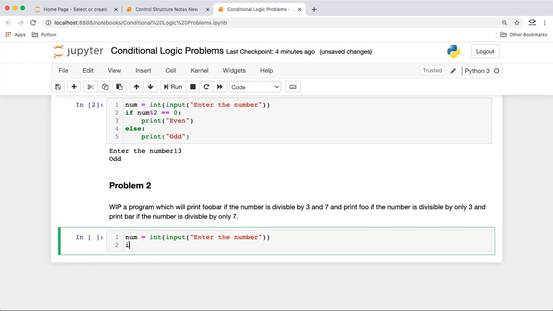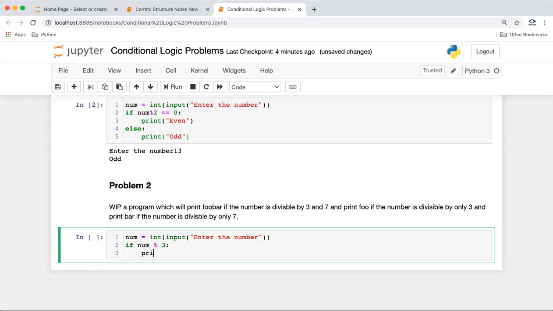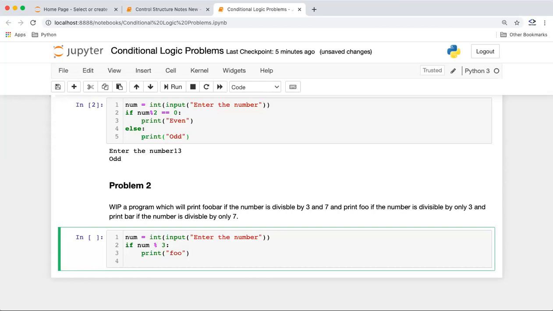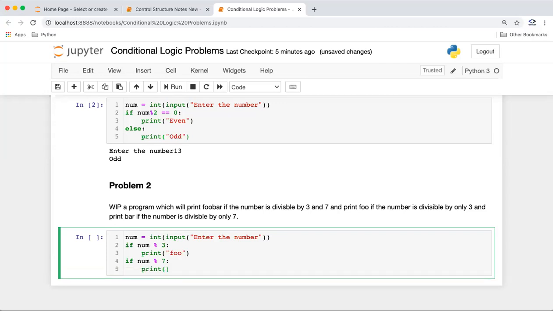We can just say if number is divisible by 3, we'll print foo. And if number is divisible by 7, print bar.